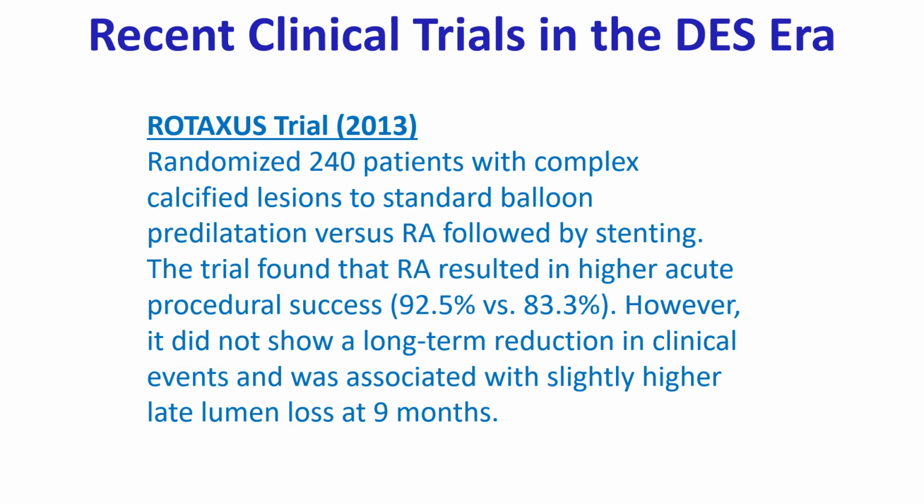Recent randomized controlled trials have focused on how best to use rotablation alongside modern drug-eluting stents and specialized balloons. The ROTAXUS trial in 2013 randomized 240 patients with complex calcified lesions to standard balloon predilatation versus rotablation followed by stenting. The trial found that rotablation resulted in higher acute procedural success, 92.5% versus 83.3%. However, it did not show a long-term reduction in clinical events and was associated with slightly higher late lumen loss